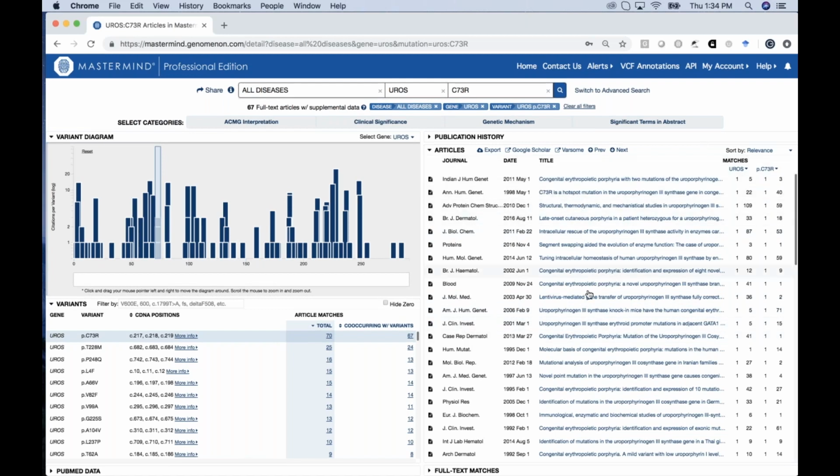The title is depicted here, and so too are the number of mentions of the gene of interest and the variant of interest, which is a useful way for you to triage the relevance of the paper depending on your specific type of inquiry. At the top here is the ability to export this PMID list as a